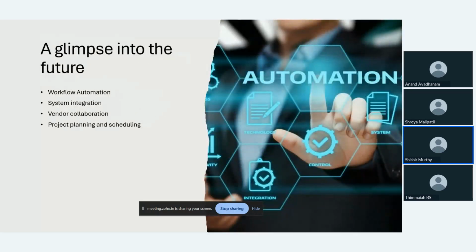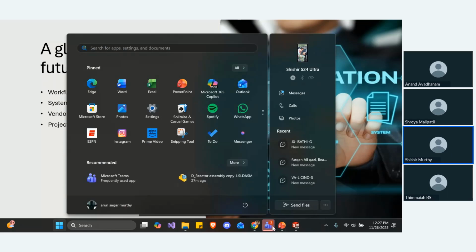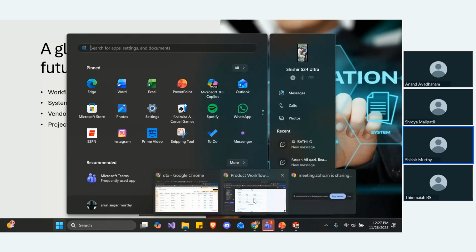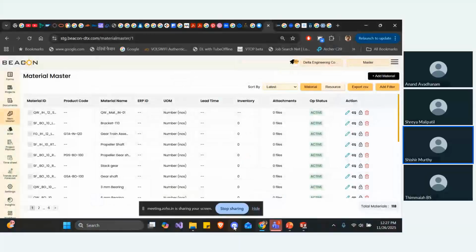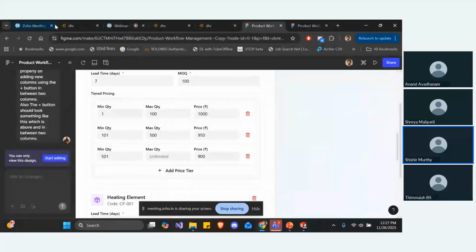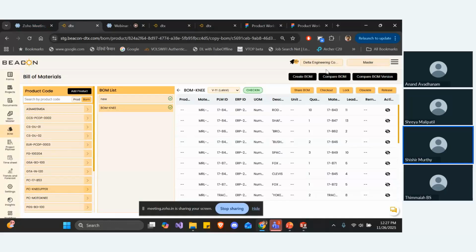Now, other things that DTX is good at: as mentioned, it is built around workflow automation, system integration, and vendor collaboration. I'll just quickly show what this vendor collaboration is, so that we can have a quick Q&A session after this. In the vendor collaboration, what happens is that if I have this data,